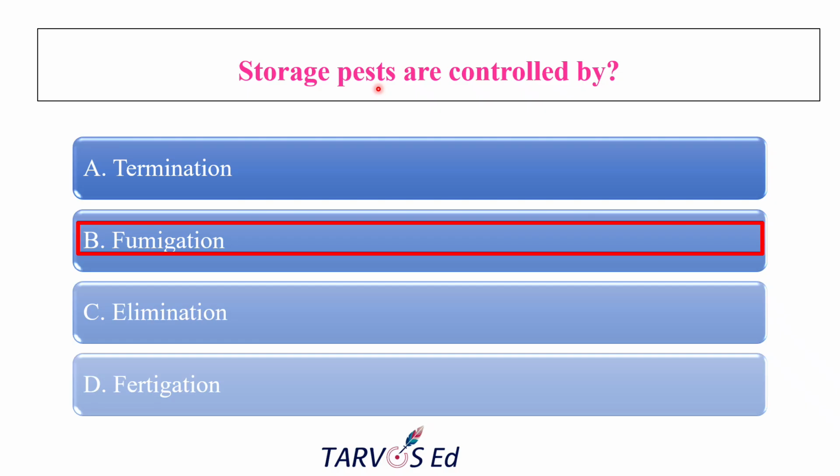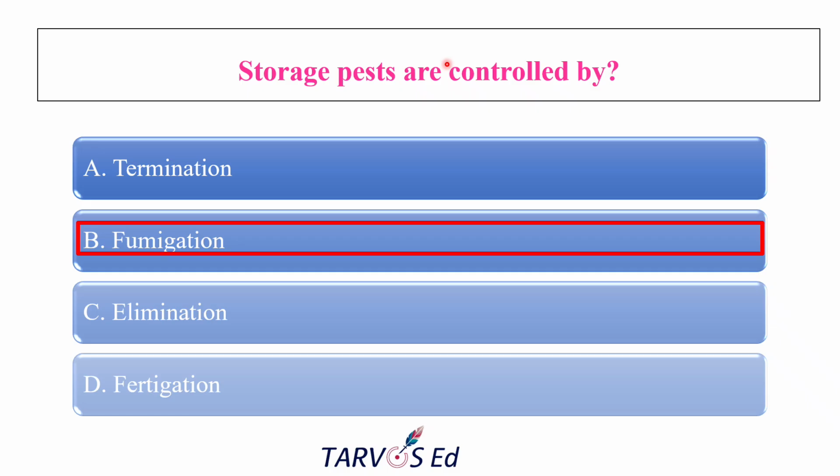kill our pest. What kind of fumigants should we go for? Fumigants like aluminum phosphide, methyl bromide, ethylene dibromide and all we can easily use, because those fumigants easily diffuse through the grain and kill all the life stages of the insect. Egg, larva, pupa, adult, whichever is inside the seed, those will get killed by those fumigants, aluminum phosphide, methyl bromide, and ethylene dibromide, which cause severe effects on these life stages of insects.